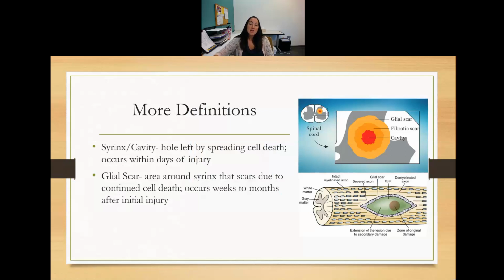A syrinx or a cavity is a hole left by the injury, where the whole area is cell death. There's been cell death in the area and it's a hole left. Typically when the hole fills with cerebral spinal fluid, it's known as a syrinx, and it occurs within days of the injury. Then the area around that, there's a fibrotic scar and then there's a glial scar. So a glial scar surrounds that cavity, and it's continued cell death. So it didn't happen from the initial injury, but from the